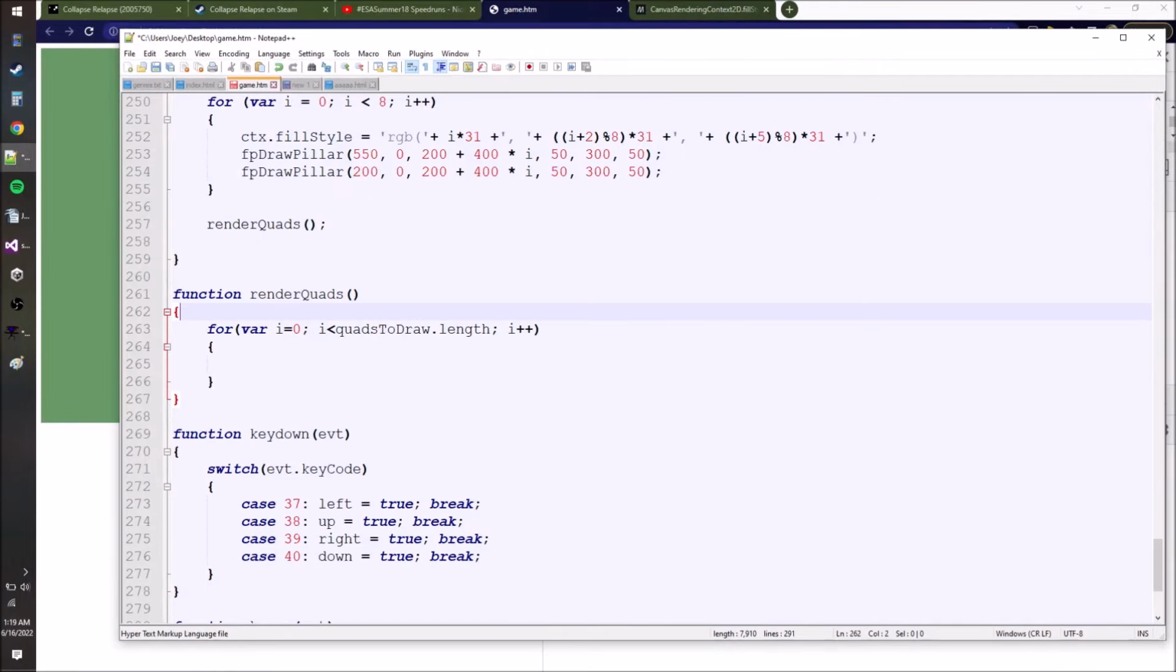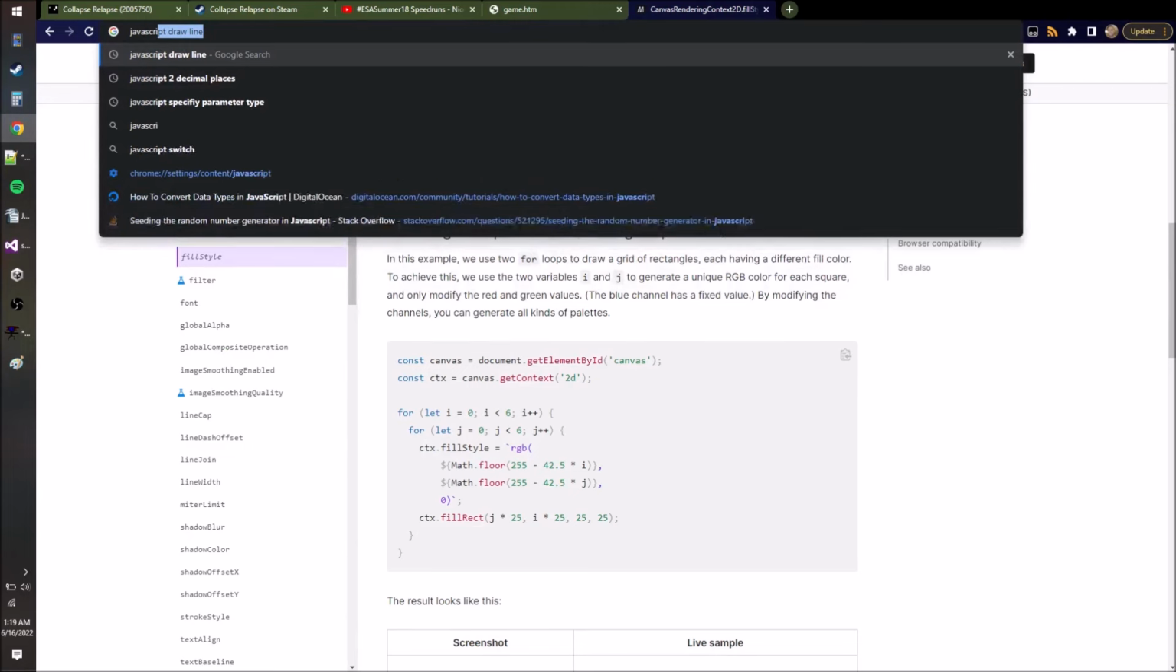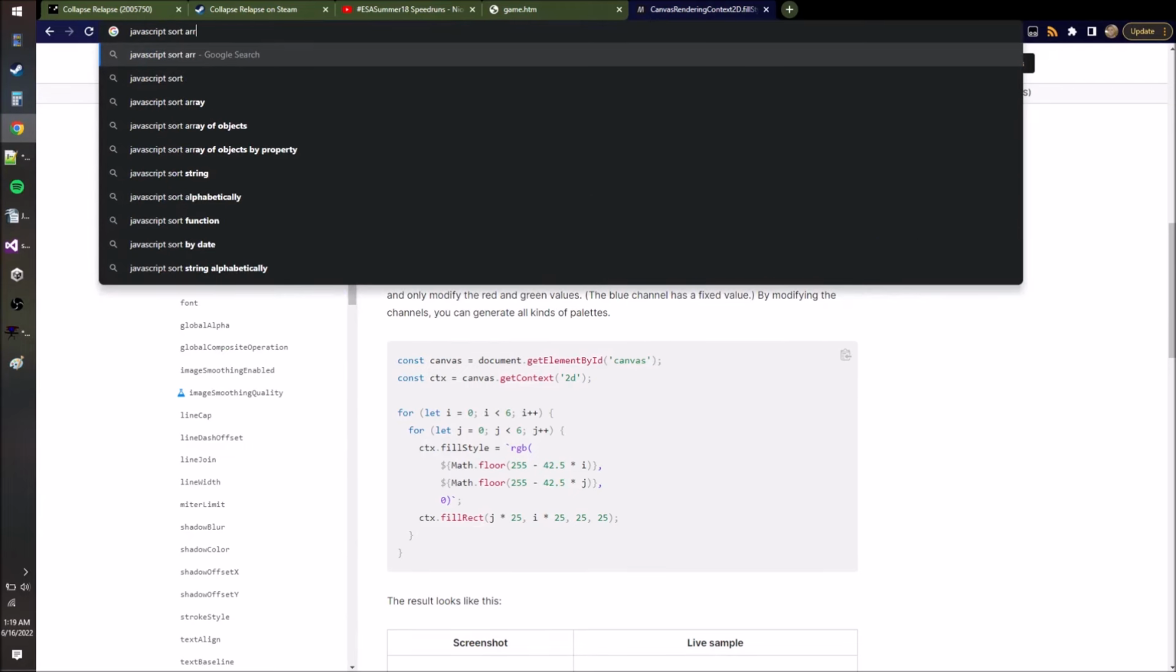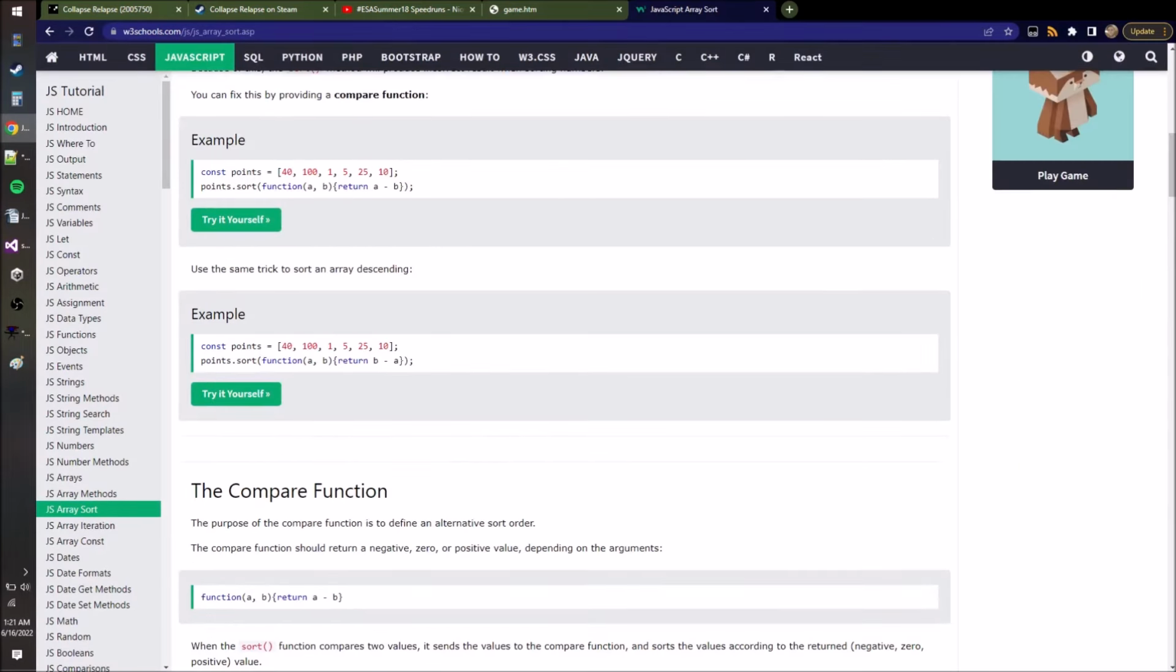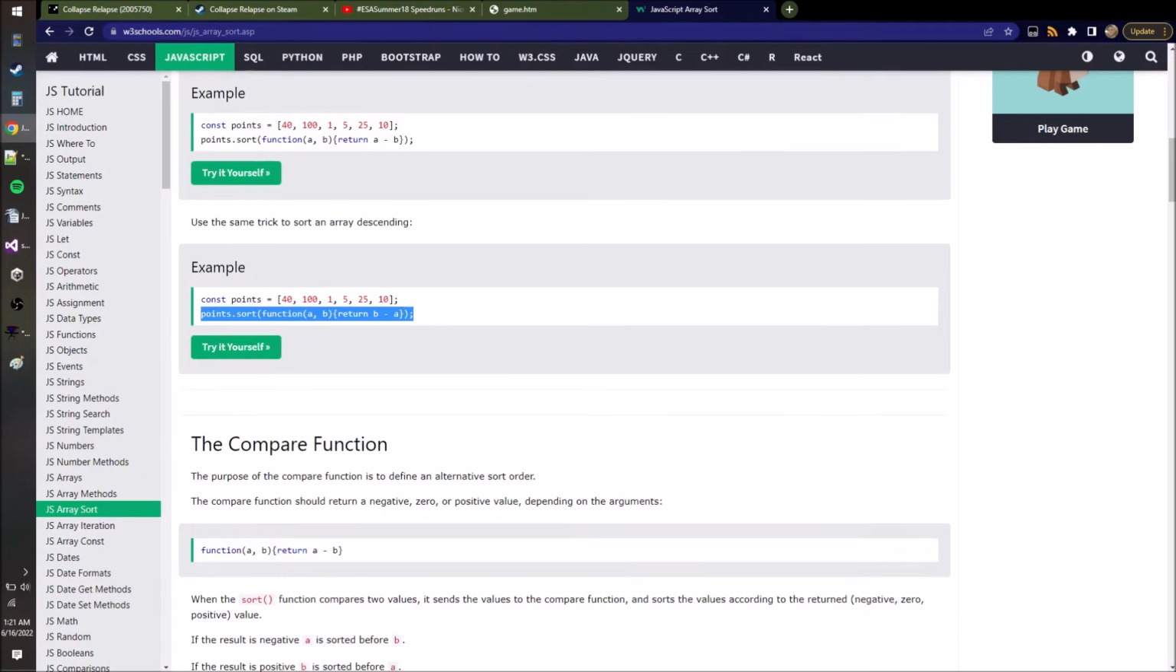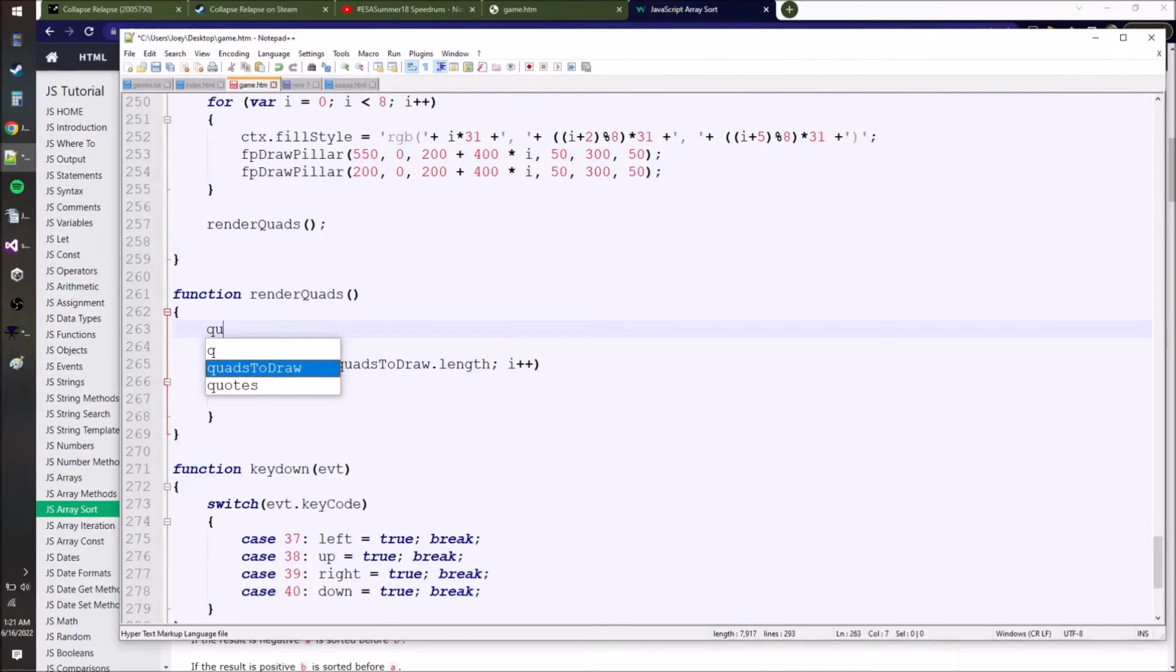I wonder if JavaScript just has like a nice sort array function or something. You can give sort a function that you can define, and whatever you put in there will be how it decides to sort it. We can say quadsToDraw.sort, and let me just paste it. So get rid of points, change this to quadsToDraw. So a and b are just the two things that it is trying to compare to each other, but since these are both arrays,